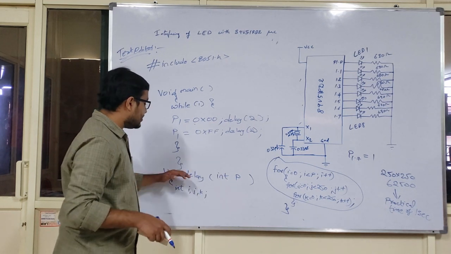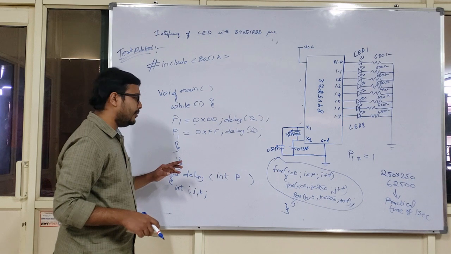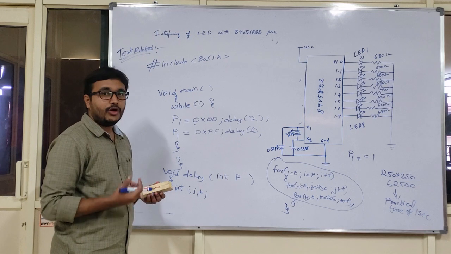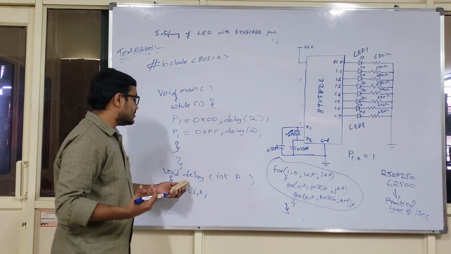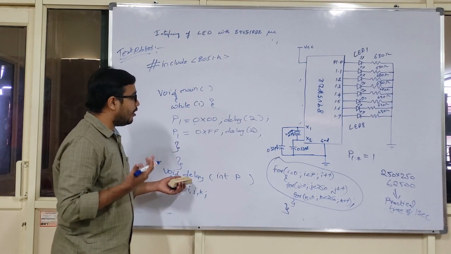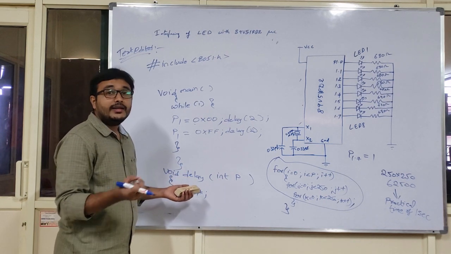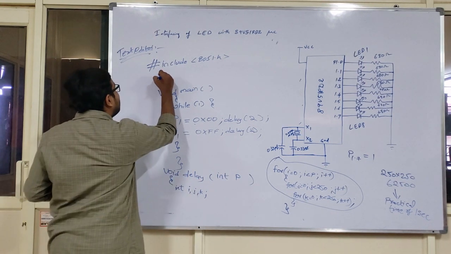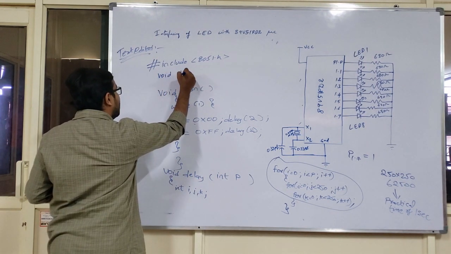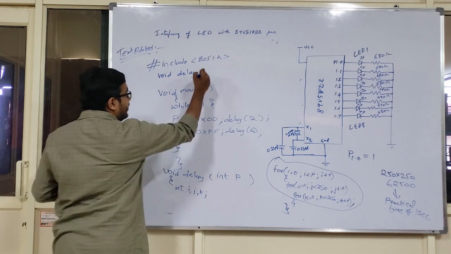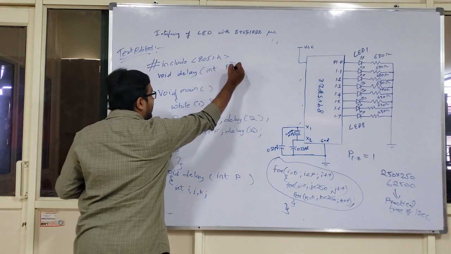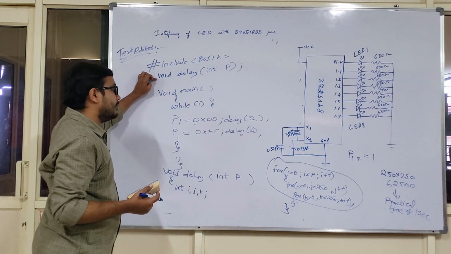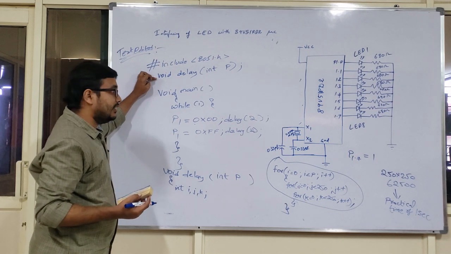program. Okay, once I have defined the delay function, I can still find a bug inside the program. What is the bug here is, as I have already written the definition, but I didn't declare that function here. So function declaration also plays a crucial role. That is void delay, whatever the same thing I will be writing here with semicolon. If you see this kind of instruction in the program, it means it is a function declaration.